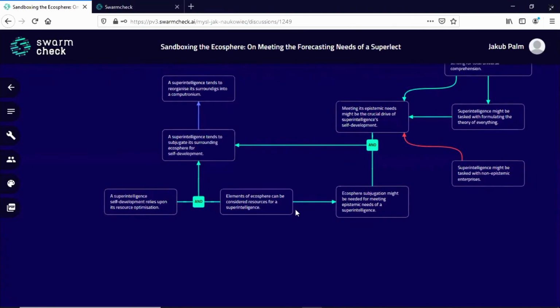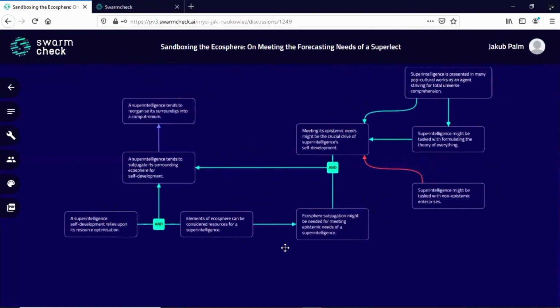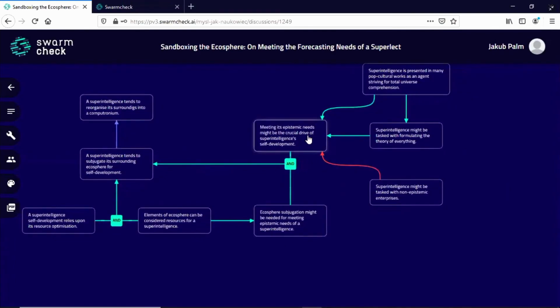Moreover, this premise has a conclusion that an ecosphere subjugation might be needed for meeting epistemic needs of a superintelligence. This is combined with the thesis that is also pointing to the main one, the not Stillman one, that meeting the epistemic needs of a superintelligence might be a crucial drive of superintelligence enterprises, in this